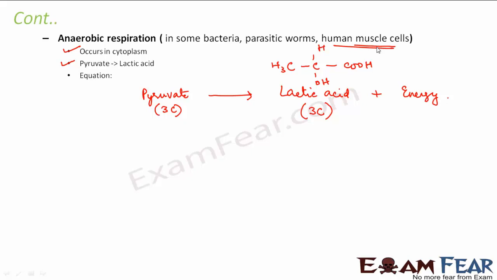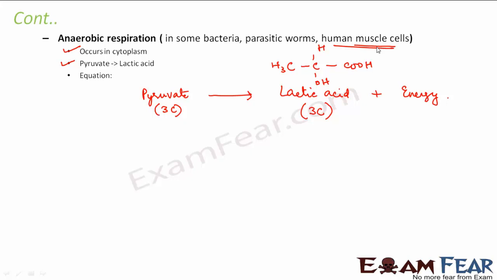So in the muscle cells, when you are doing some exercise, sometimes they do not get sufficient oxygen for aerobic respiration, because in order to generate energy, the oxidation of food has to take place inside. Now in the muscle cells, when you do not have sufficient oxygen for that oxidation, then anaerobic respiration takes place. That means the pyruvate gets converted into lactic acid,